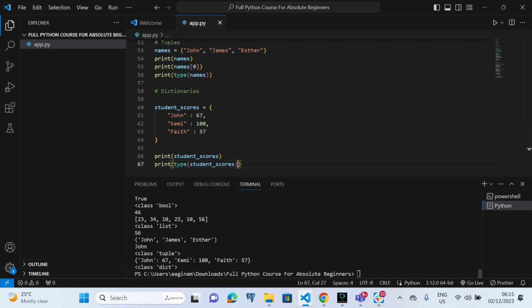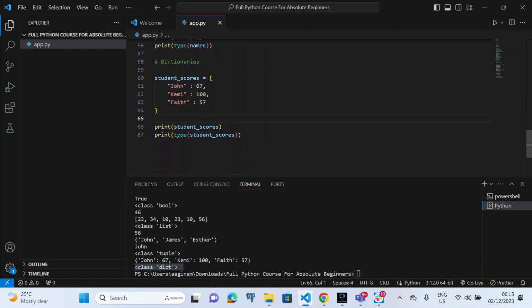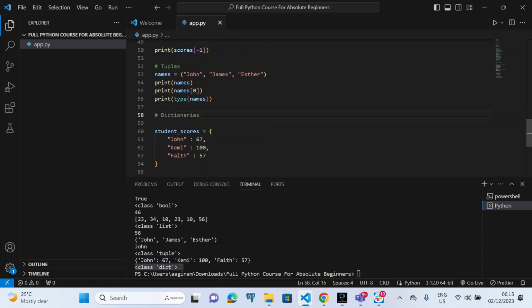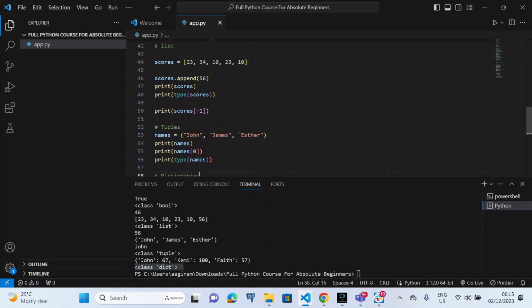Underscores. Now see that indeed I have a dictionary and it's of class 6, right? So this is how to create a dictionary. Right. So before I move forward, I want to mention that you can actually create these variables or these sequences